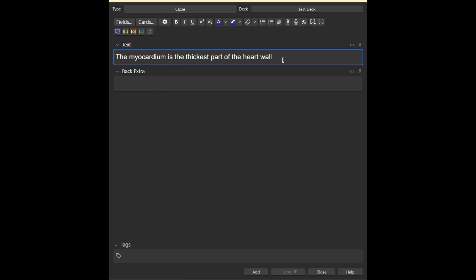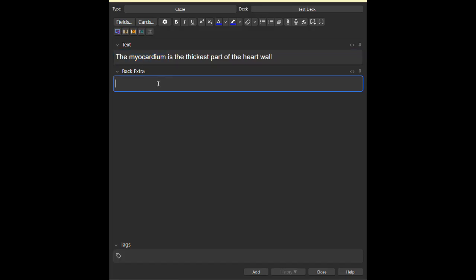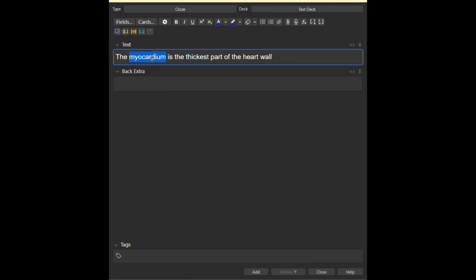What do I mean by cloze? We highlight what we want blanked. So the myocardium is the thickest part of the wall. This one, myocardium. What you type is Control plus Shift plus C. Okay, Control Shift C. Now, for example, we highlight this, Control Shift C, it appeared all of a sudden.